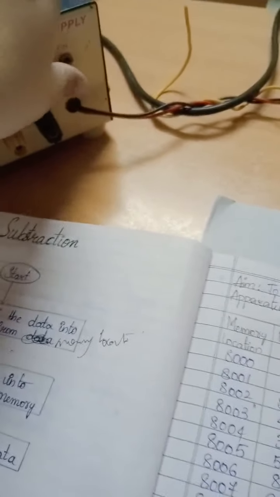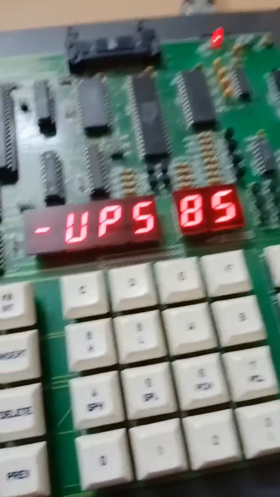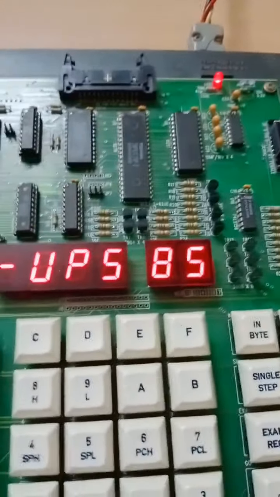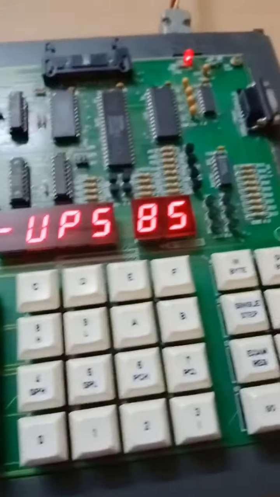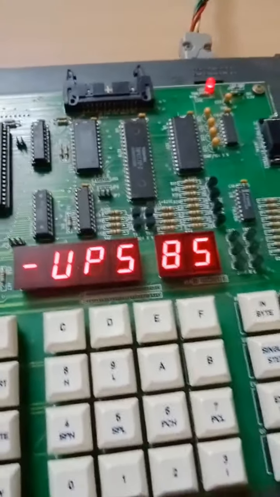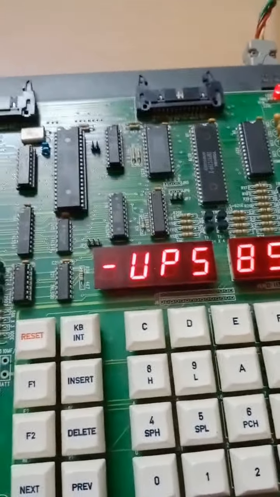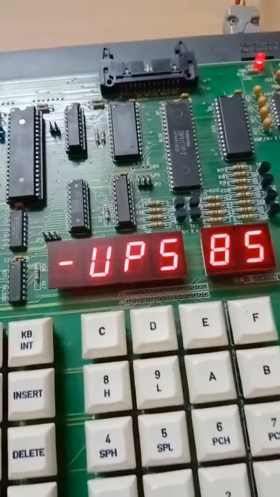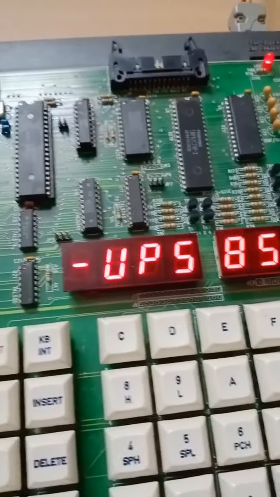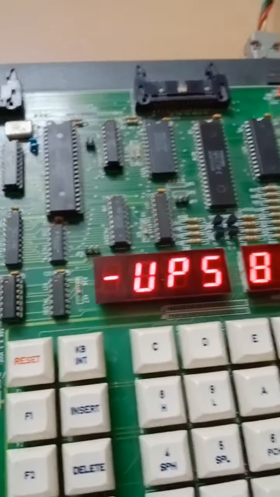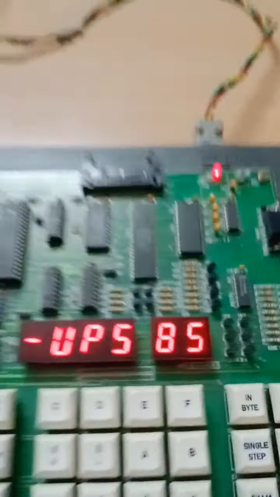So now we will switch on this kit, the power supply. As you all know, the 8085 is the microprocessor. Now we have to execute the program.